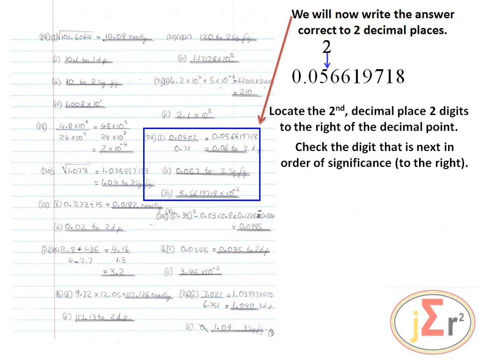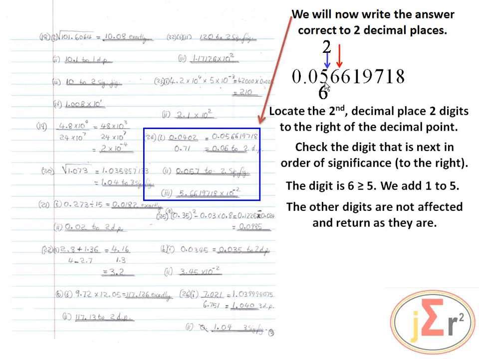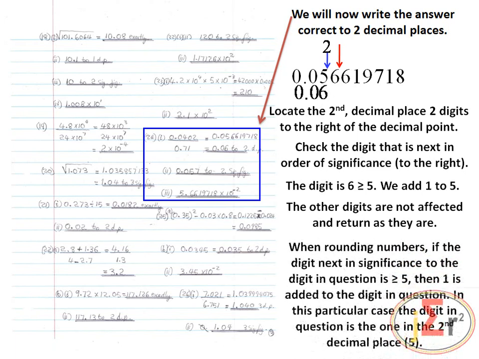Locate the second decimal place, 2 digits to the right of the decimal point. Then we check the digit that is next in order of significance, the one to the right of that digit. That digit is a 6, which meets the requirement to be greater than or equal to 5 in order that we may add 1 to the digit in question. So we will add 1 to the digit in question. 5 plus 1 is equal to 6. The other digits are not affected and return as they are. So our answer is